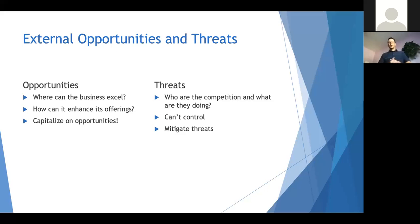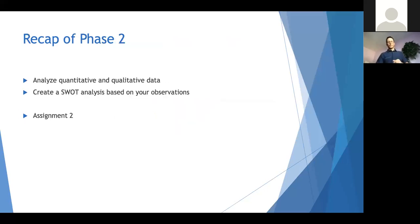Threats are, what are the competition and what are they doing? You can't really control it, but you can mitigate them. You're never going to stop the competition, but it just keeps you on your toes to be one step up over the competition. Recap of phase 2. We're going to analyze quantitative and qualitative data. And by analyzing that, it's going to help you create a SWOT analysis based on your observations. And now let's look at